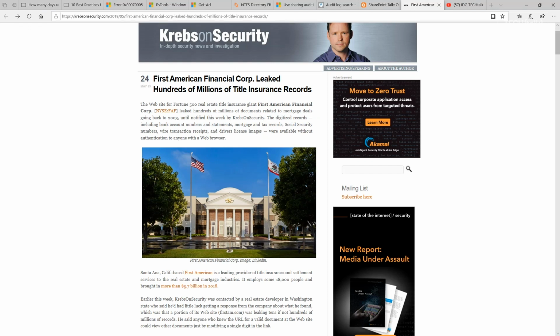Take the time to audit and confirm that how you set up the item is what you want it to be. Accidental access permissions can lead to headlines and security events, such as earlier this year when the exposure of 885 million mortgage records at First American Financial Corporation occurred because a misconfiguration was done in their web server. It allowed users of their company to access records that they should not have been able to access. If someone had taken the time to audit the permissions set on the web server, they may have saved themselves of these headlines and these issues. Take the time to review permissions and what you've set to ensure they are what you intend them to be.